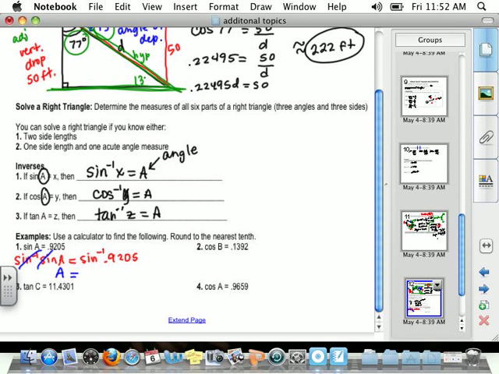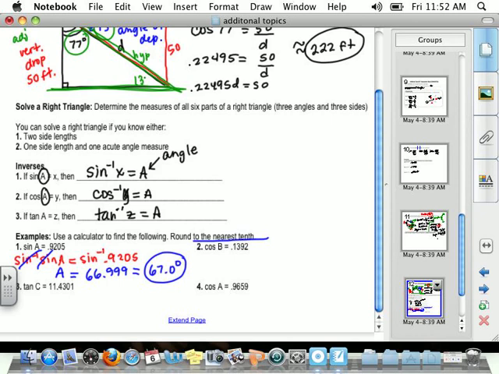Kind of like you did with matrices. Do you guys remember with matrices you wrote inverse of A out front? When you do that, those are going to cancel. They're gone, so we really just have A left. You don't have to do that step if you know how to switch it. That's fine. So when you do that, inverse sine of 0.9205,